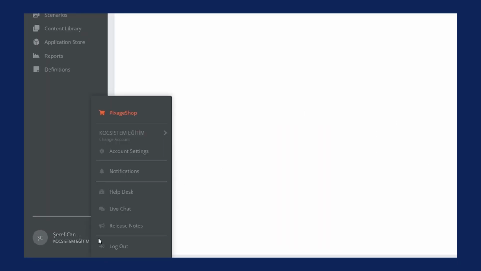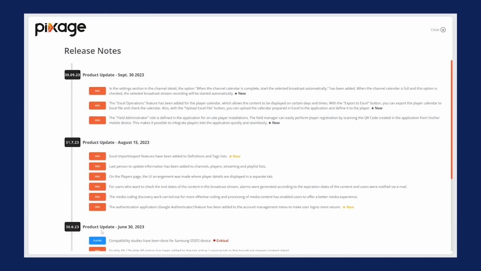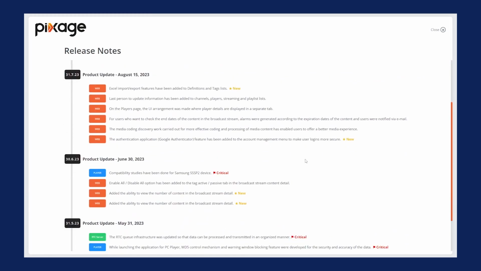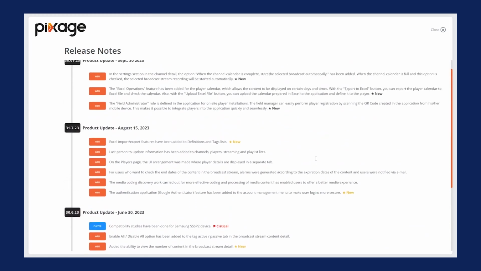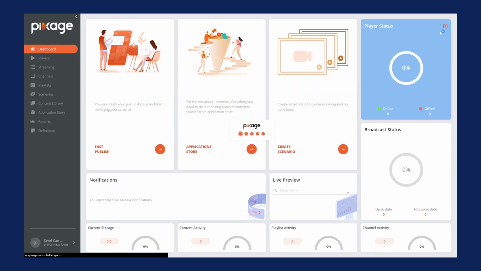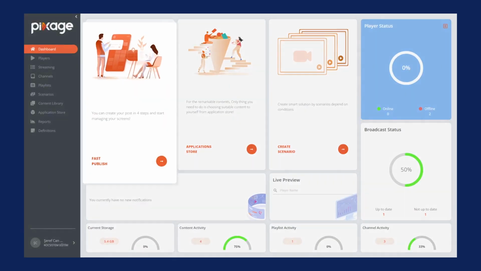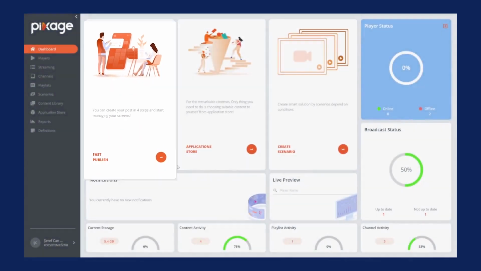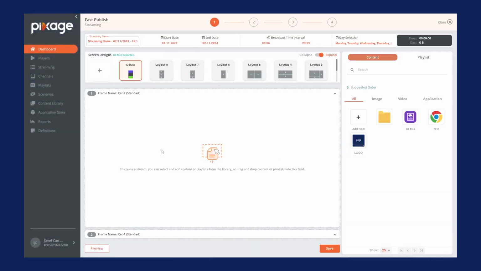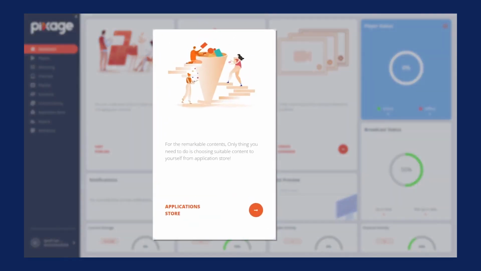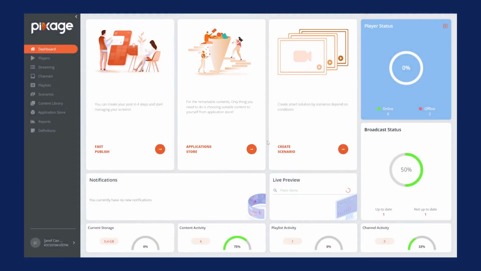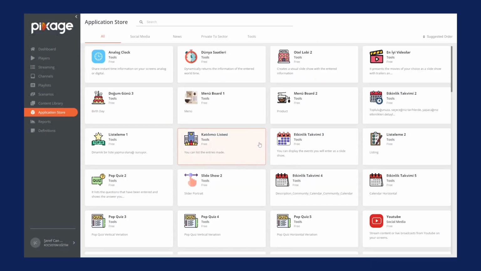Instead of the innovation screen, detailed features or version updates in the application are displayed. After main menu operations, proceed to transaction details on the dashboard. Use the fast broadcast feature to quickly provide a broadcast stream to a player in 4 steps, instead of going through different menus for this process. Access the application market menu, where all app records created globally from Discover applications are listed within the current license